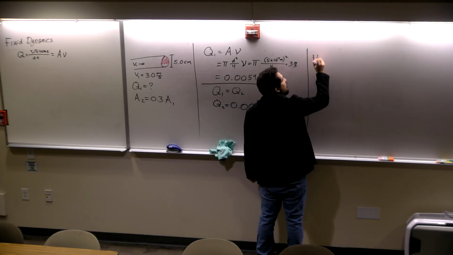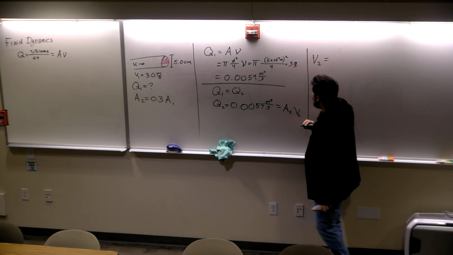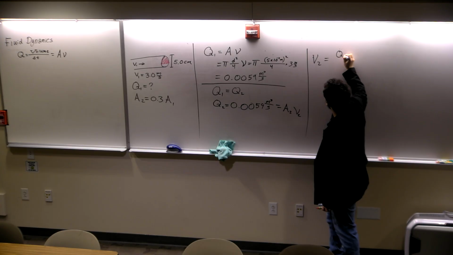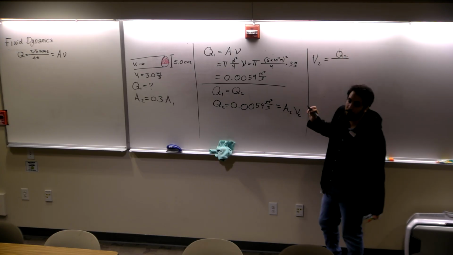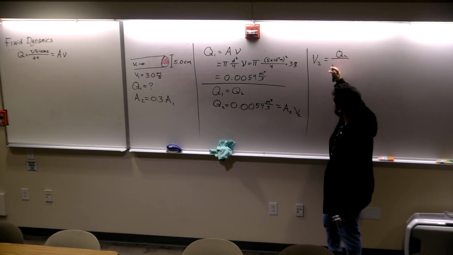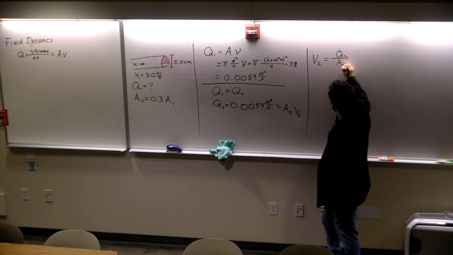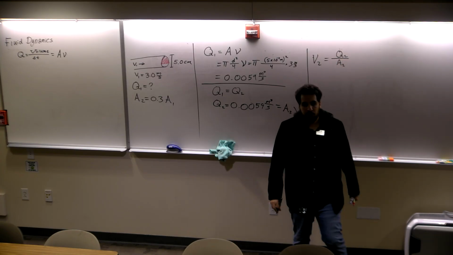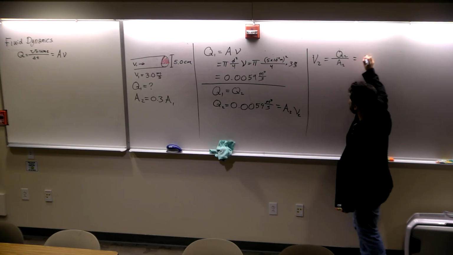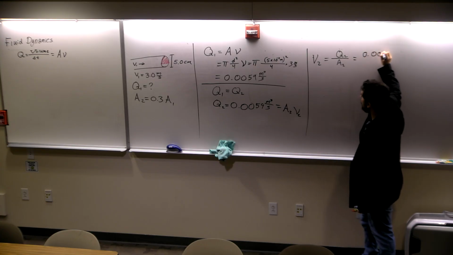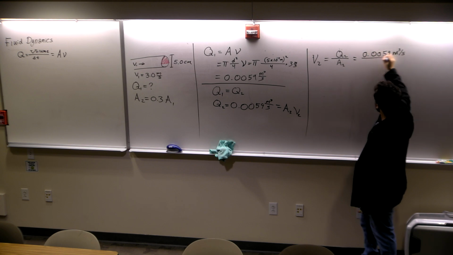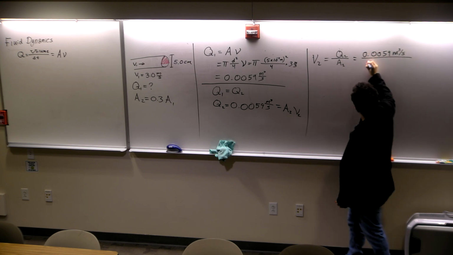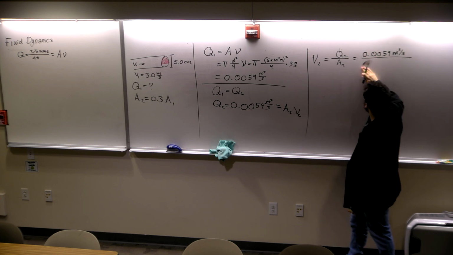So velocity 2 is equal to flow rate in the obstructed region, where we cover the tip of the hose, divided by area 2. 0.0059 meters cubed per second divided by the area 2,